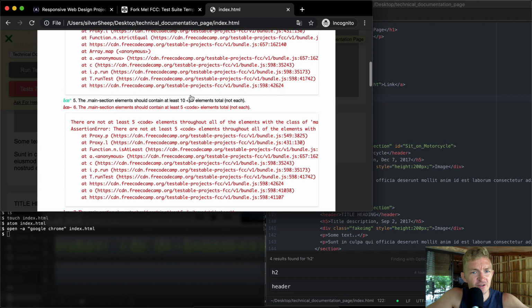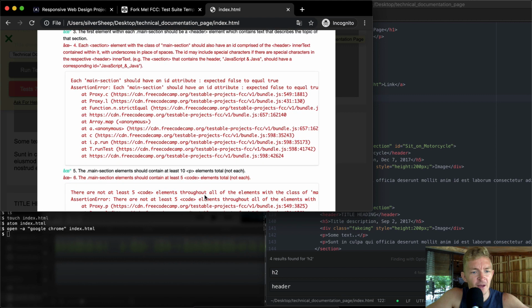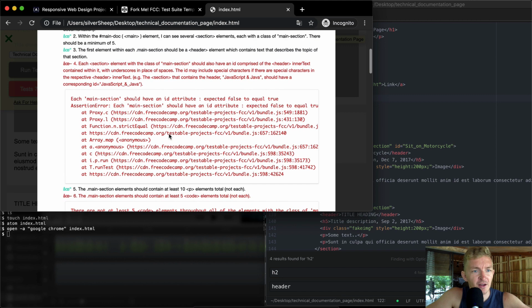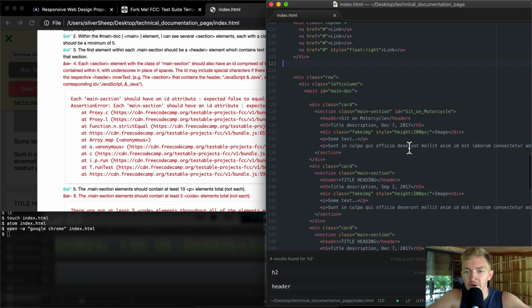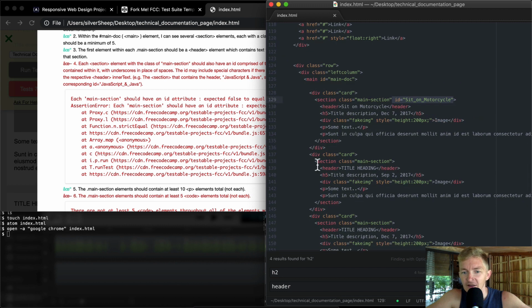Oh, should it contain at least 5 code elements? Okay, I'm actually jumping ahead with this one. I misread that. But our main section should have an ID attribute. So all it's saying is it should have an ID attribute. We want to just set an ID attribute for the rest of these. So yeah, section, main section, and then ID is equal to sit on motorcycle, but we don't want to do that. Then we want to say